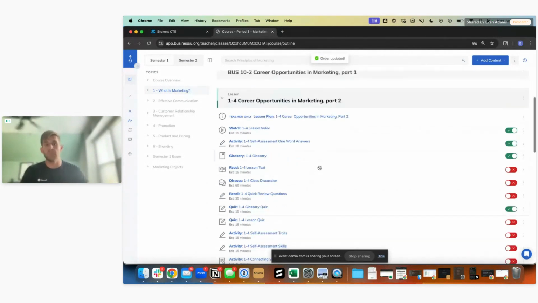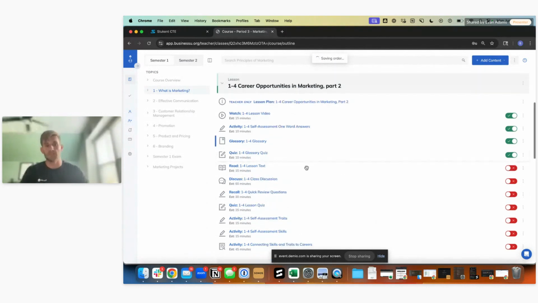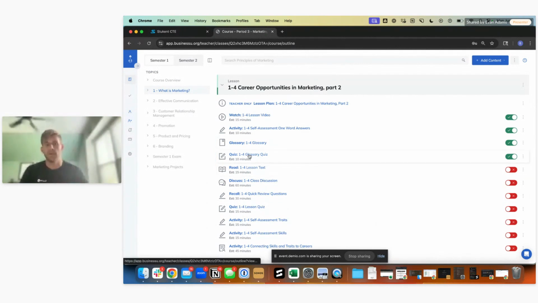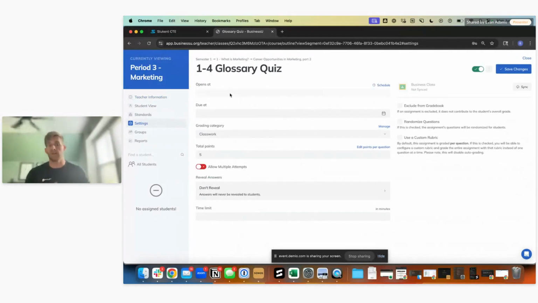Lastly, I want to have the glossary and then the glossary quiz. So as the teacher, I can really reorder things inside of this new platform to tailor-make it for my specific class. As the teacher, you also have full control over the settings of each assignment. So if I click into the assignment itself and then click on settings, I can see that I have an